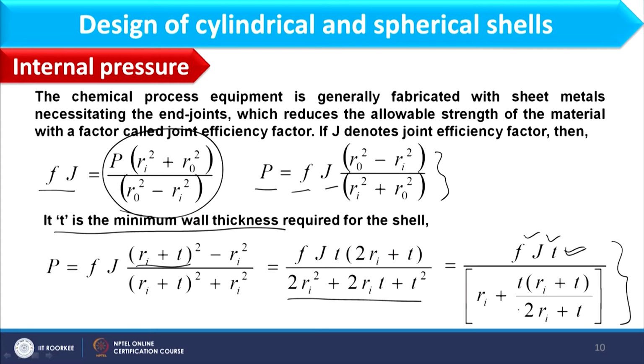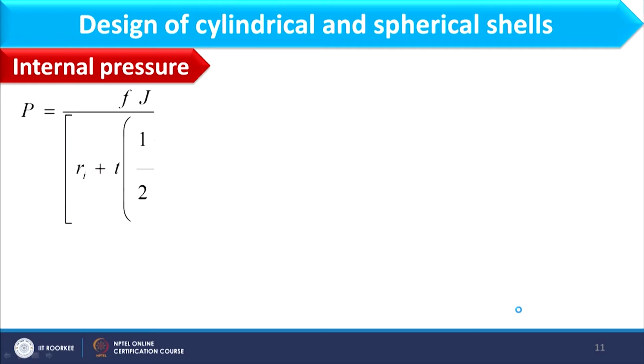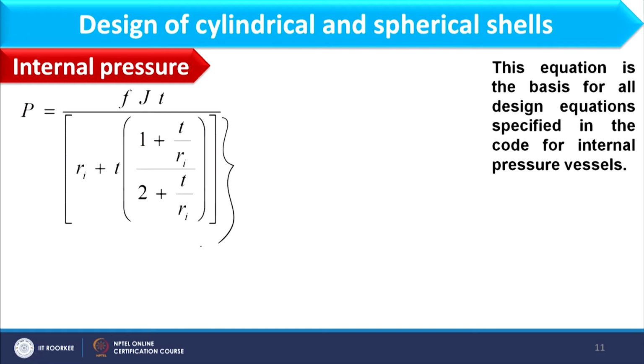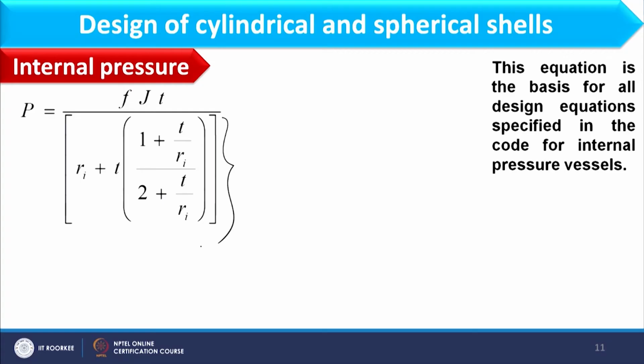This expression we can further rearrange in this form, where P will be equal to FJT divided by this whole expression. So, this would be the basic equation for design of shell when internal pressure is acting,